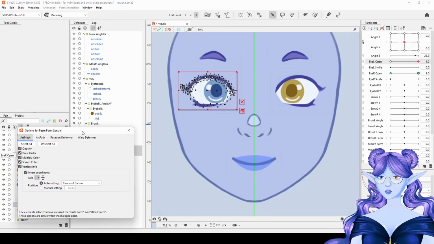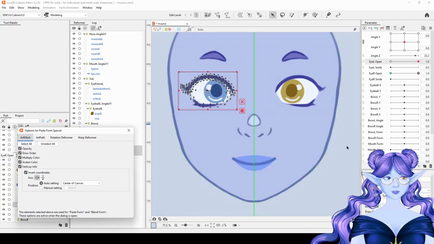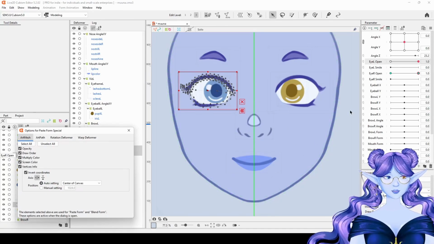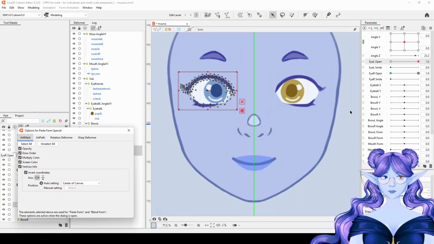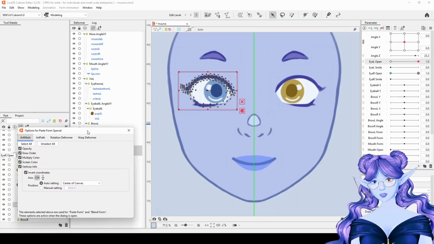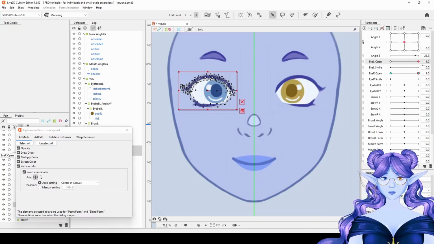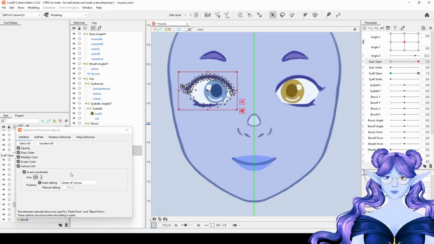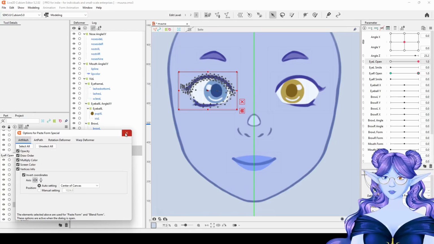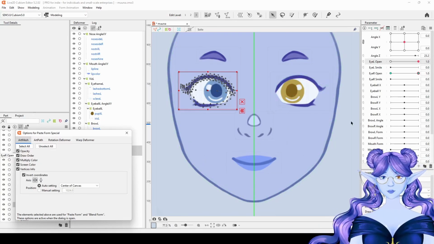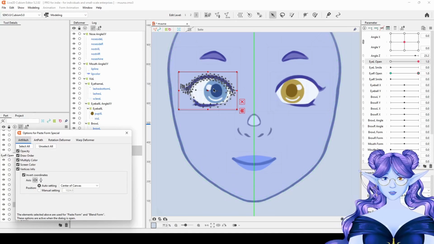I don't know if this is easier than the other method of just copying and pasting the whole eye. It might actually take a little more time. I don't know. I personally like this method, and I think it's just generally useful to know that you can do that. You know, for example, I feel like this is particularly useful if you have rigged a whole eye, for example, flipped it over to the other side and just using the copy